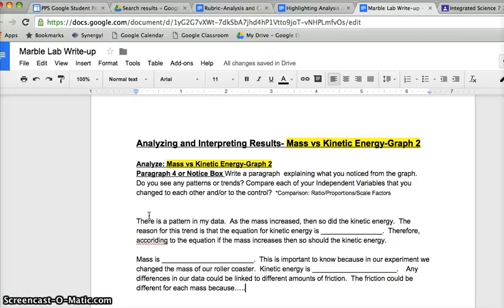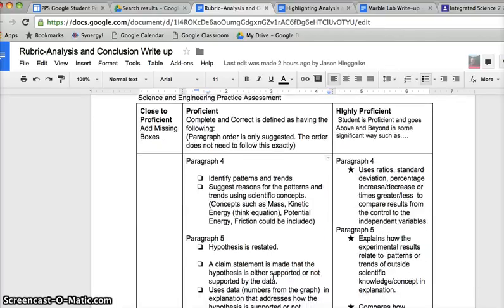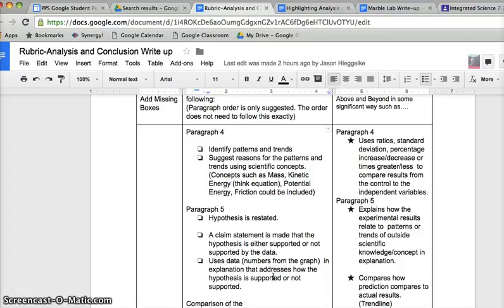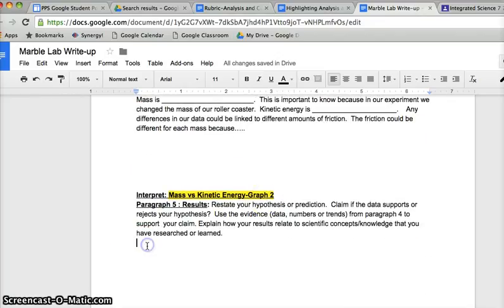So according to the rubric, then we've talked about patterns and identified reasons for the patterns and talked about scientific concepts. Next, we got paragraph 5. We have to restate the hypothesis, say if it's supported or not, and then use some data. So going back to our marble write-up, our first statement is going to want to be, my hypothesis is